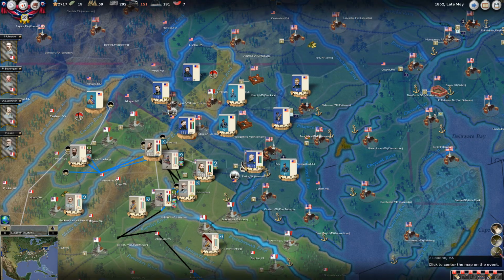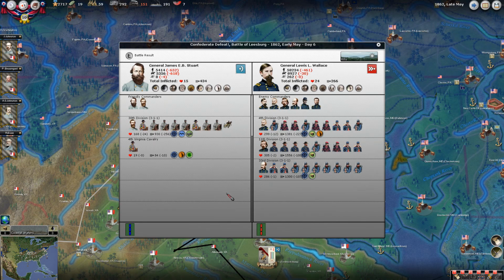Let's go over the battles. First, there was this battle with Stuart. Now we got really lucky. We had 5,400 troops there. He had 58,000. So he pretty much threw everything he had into Leesburg. I'm guessing he was doing it for 2 purposes: 1, to cut Stuart off, and 2, to have that 2nd Corps next to